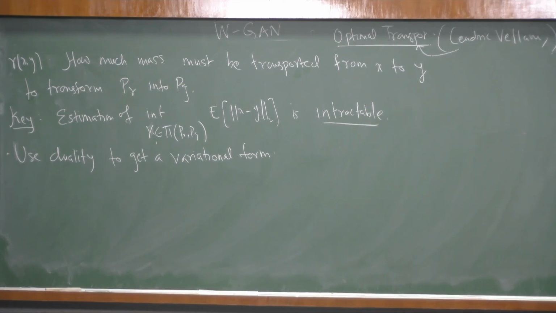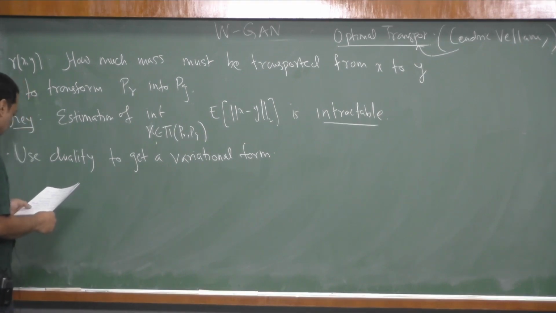So those are constrained problems. In this case, obviously it's an optimization problem, but while developing this into a tractable form, we will have to consider certain constraints, and then with those constraints we have to use the duality there. It may sound a little bit off right now, but let us do it step by step. Use duality to get the variational form